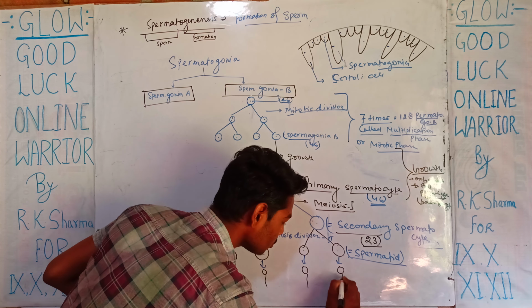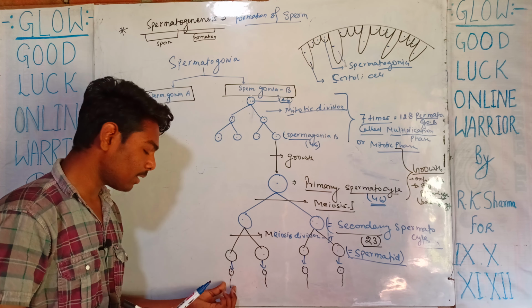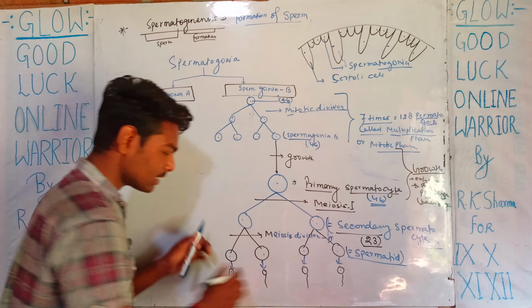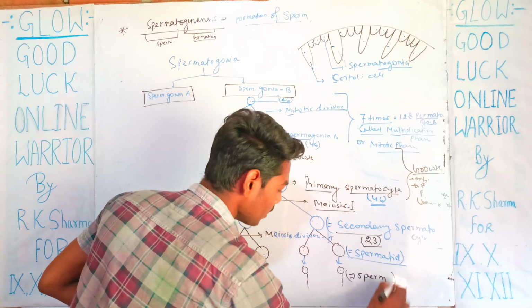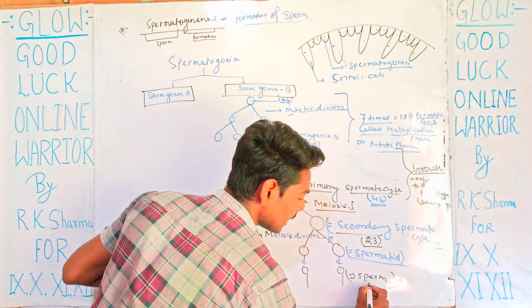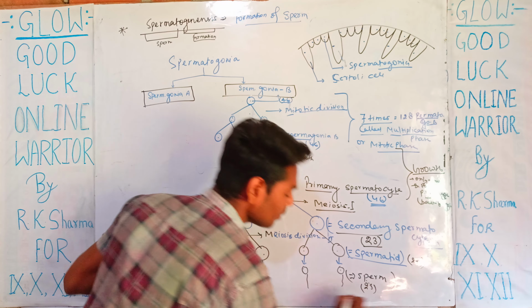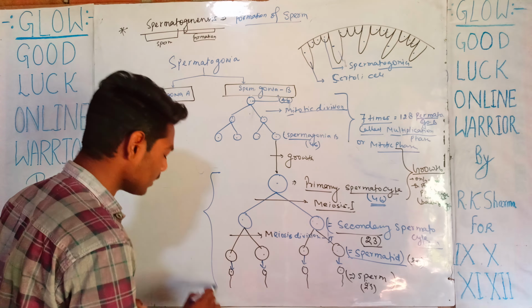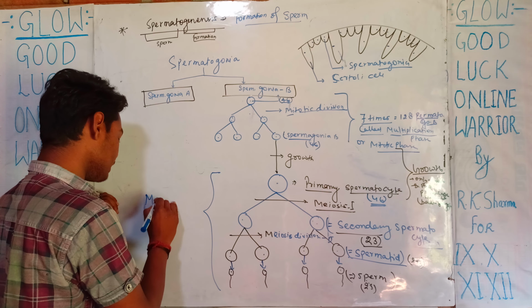There is no division, only the development of flagella in the spermatid, and this is known as a sperm. It is haploid, that is 23 chromosomes. This process from here to here is known as the maturation phase